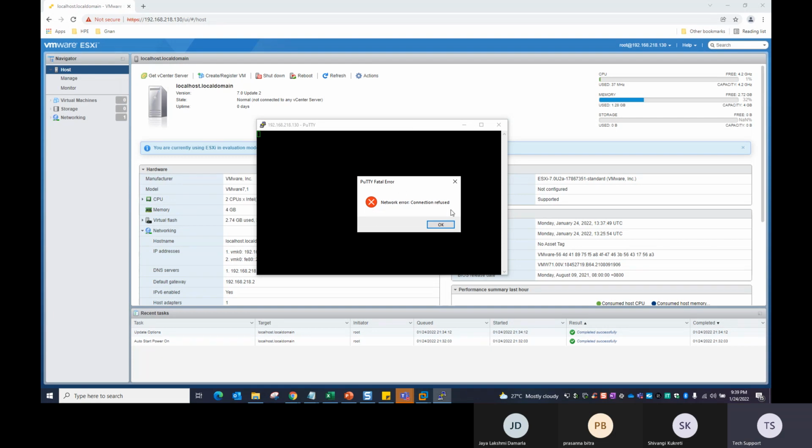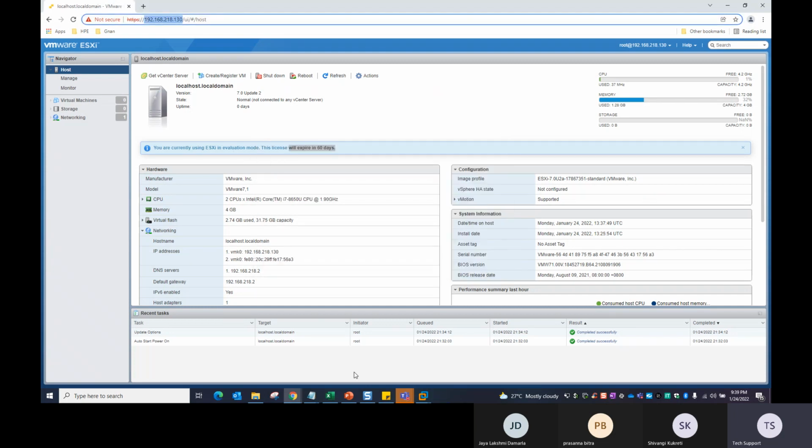See, when we open, it is showing us network error, connection refused. Even if you noticed earlier in the Windows system also, default remote access is disabled. We have to enable the remote connection. Same way in our ESXi also, default remote connection is not available. We have to enable the SSH. So to enable the SSH,